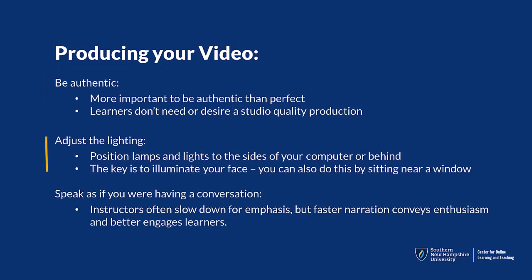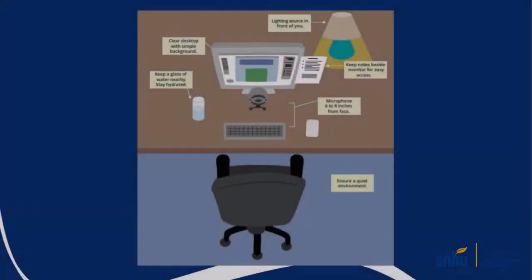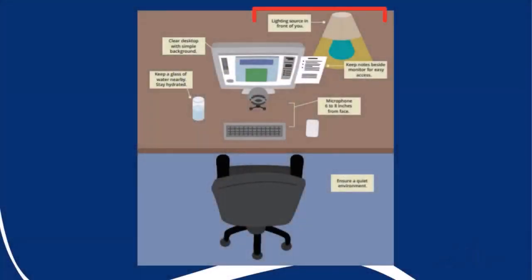But speaking of lighting, while you definitely don't need to buy a whole new setup, make sure that your lights are positioned in a way that illuminate your face. I'm currently sitting in my sunroom, and I get a ton of natural light in here, so I don't really need to worry about positioning my lights in a different way. But if you don't have a lot of natural light, make sure that you position your lamps behind your computer or to the sides of it to make sure that students can clearly see your face.